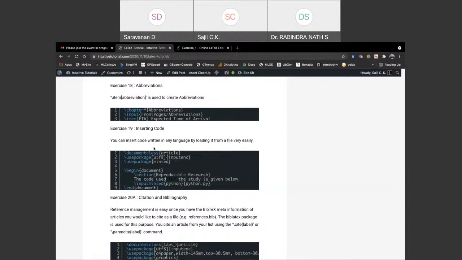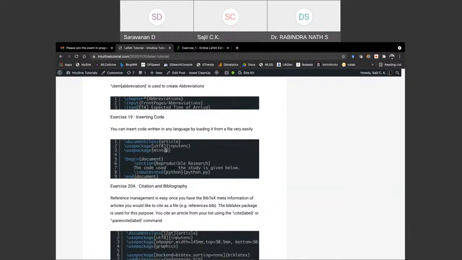One package that helps to do that is Minted. This package takes source code written in Python or any other language, and then it renders that in a very nice form. So I will show you that.